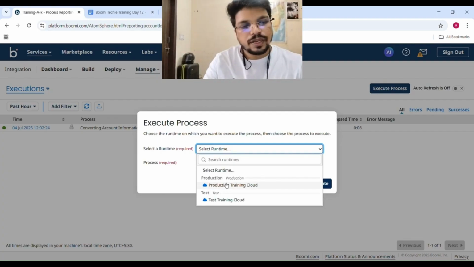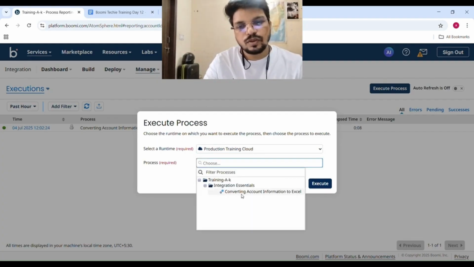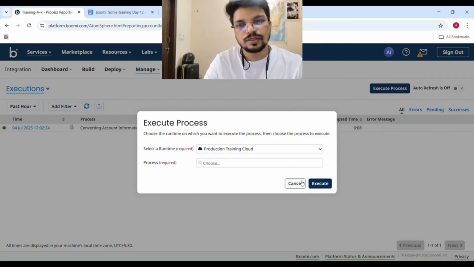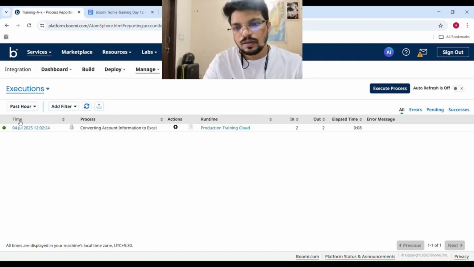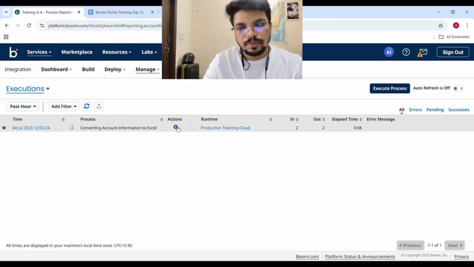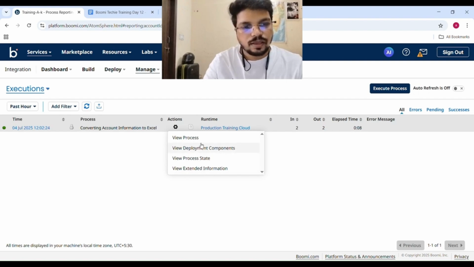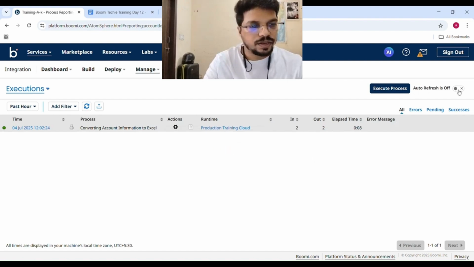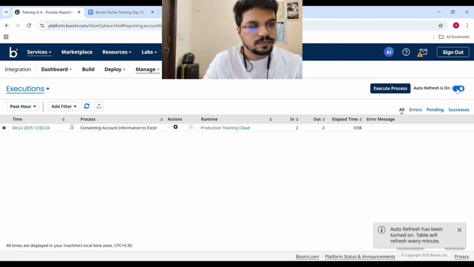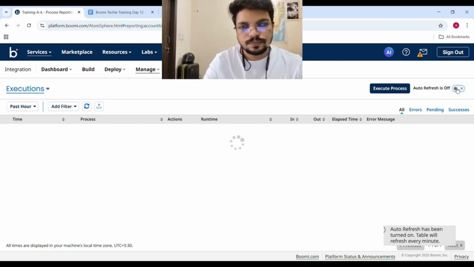And let's see the third usage, filter process executions. The process manager filters executions by type, runtime and status. So you can see here there is an action tab, a gear icon, and under the gear icon you can see the process view, process deployment component, process state, right? And here is an auto refresh tab. You can auto refresh from this tab,